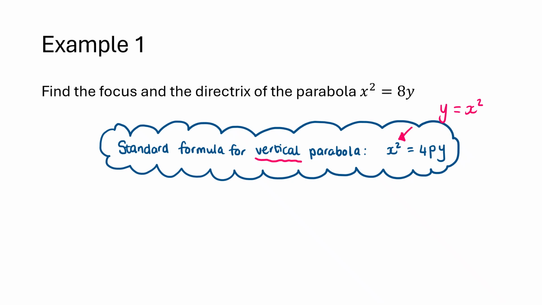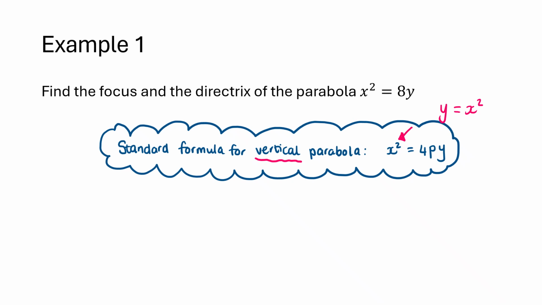Secondly, we know that our parabola hasn't been shifted. There are no other terms except for the term with x squared and a term with just y. If there are other terms, it means there could be vertical or horizontal translations as well. So for the moment, our turning point is at the origin, and how we derived this specific formula was that